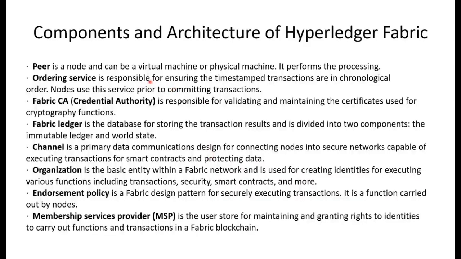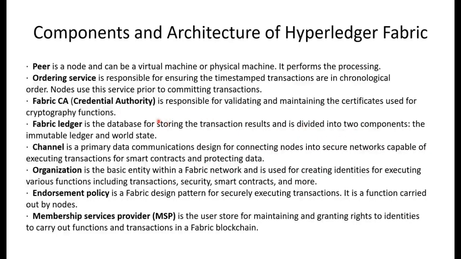Hyperledger does not have all the same nodes, and it does not have a single ledger. So a peer is a node, and it can be a virtual or physical machine. And then there's an ordering service, which is also a node, and it's responsible for time-stamping transactions. CA also has a credential authority, and the Fabric ledger is a database for storing the transactions that result from